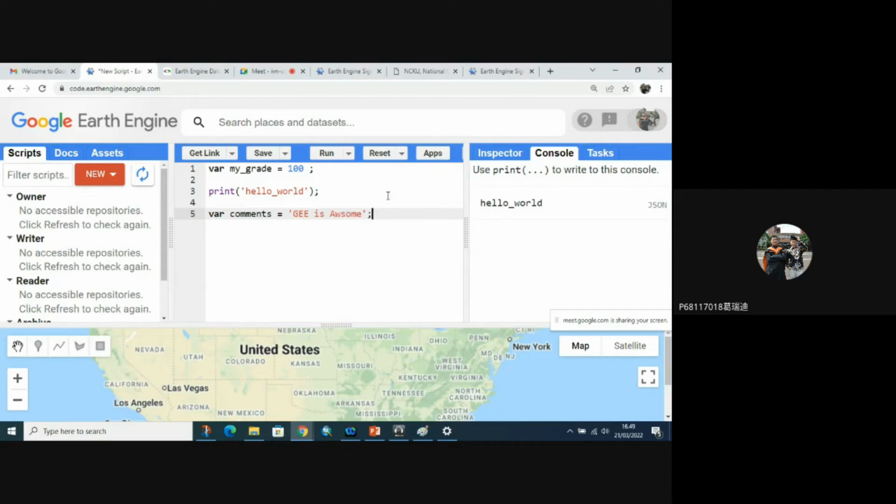Like this, and always end with a semicolon. Then print comments, end with a semicolon, and on the right, GEE is awesome.